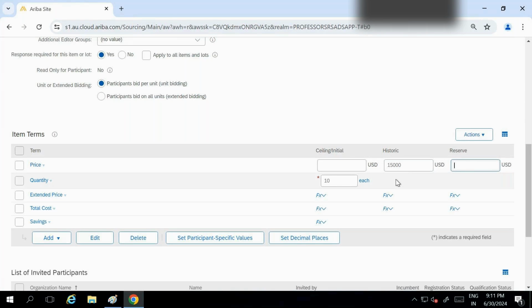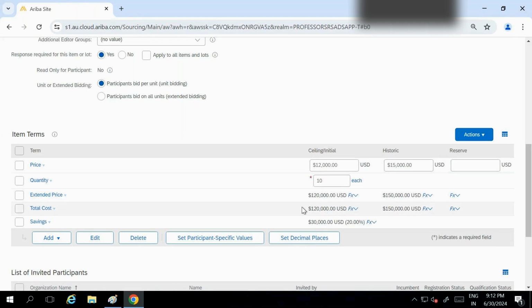You can put this historical price. Why is it important? If you click on update totals, see, price into quantity, 1,50,000 USD, it is showing. The formula is working for us. Now see how the supplier will put the price. If I am putting in as a supplier just for the calculation purpose, no need to put the pricing here.